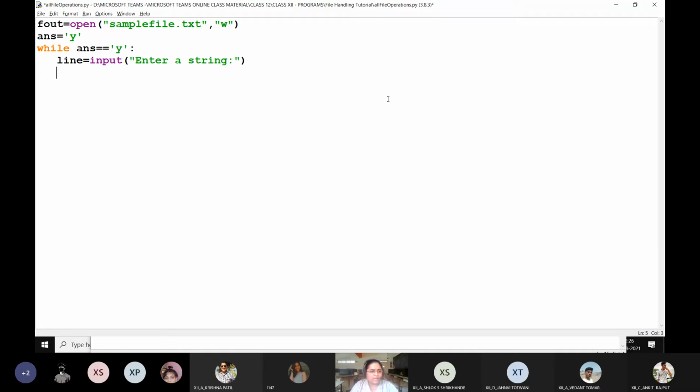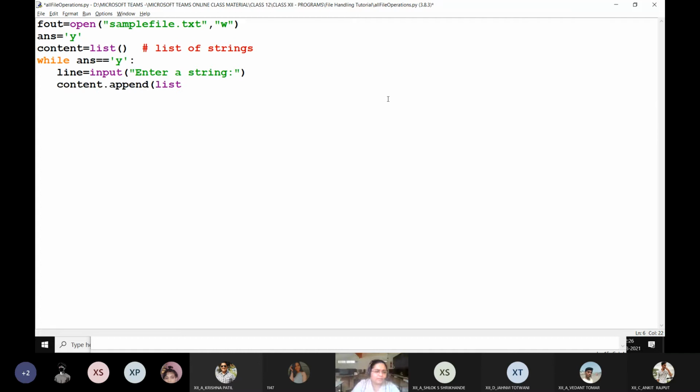Now what I need to do is add it to a list. So I'm going to create a list object here, content. This content is a list which will contain the lines which we have to send to the file. So now we'll write content.append(line).